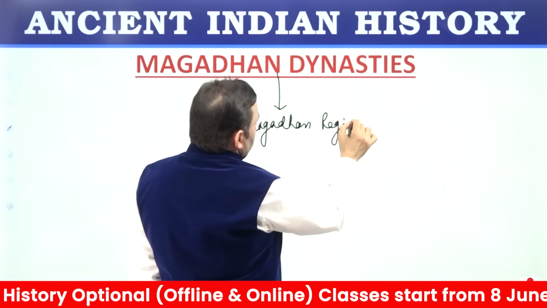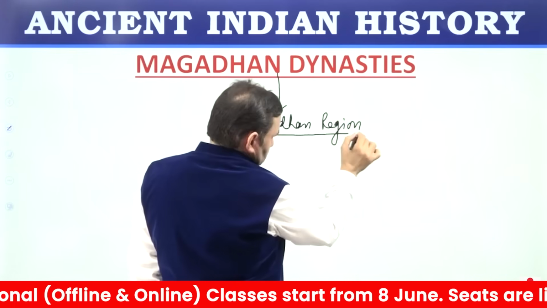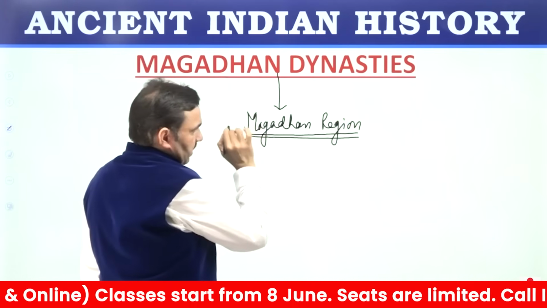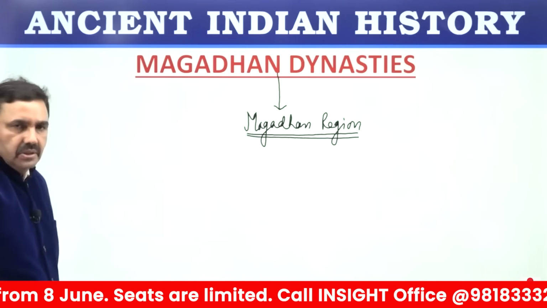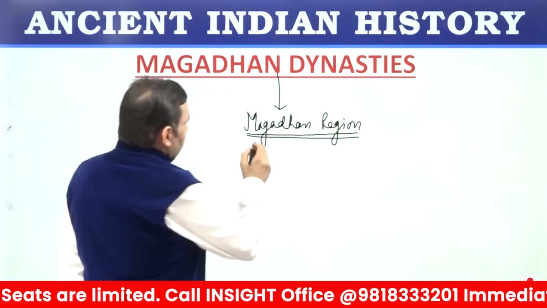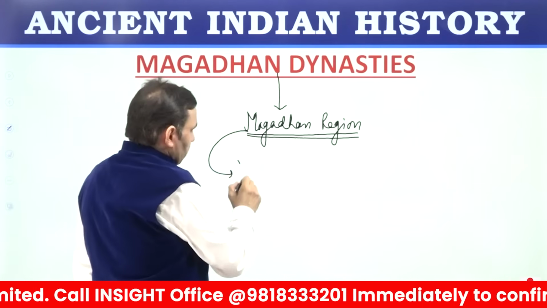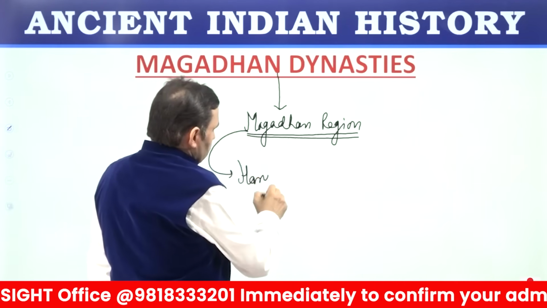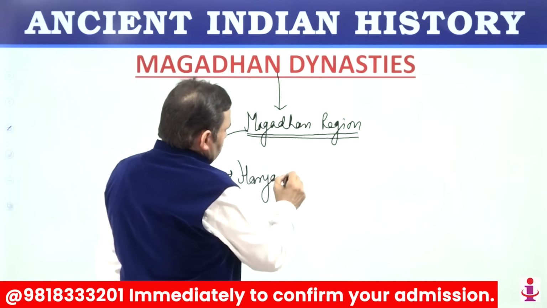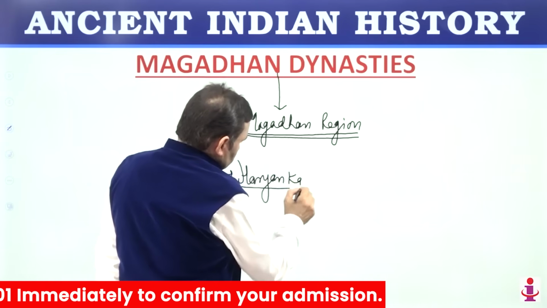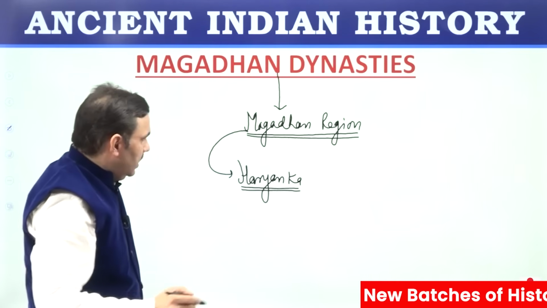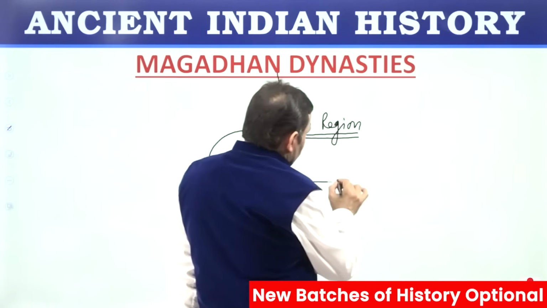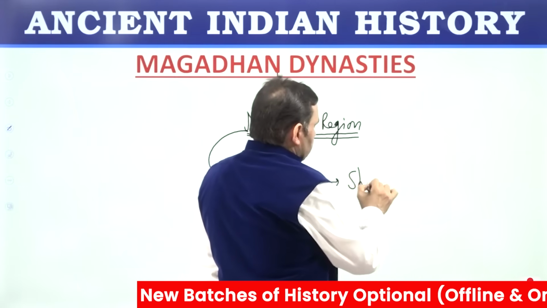And that is why this Mahajanpada or the empire was referred to as Magadhan Empire. In the previous class, we have discussed something about dynasties. Let us have a recall. Haryanka dynasty was the first one. Haryanka dynasty was founded by Bimbisara. Haryanka dynasty was followed by Shishunag dynasty,